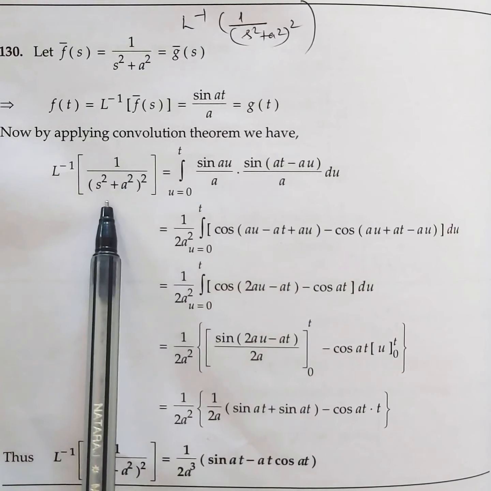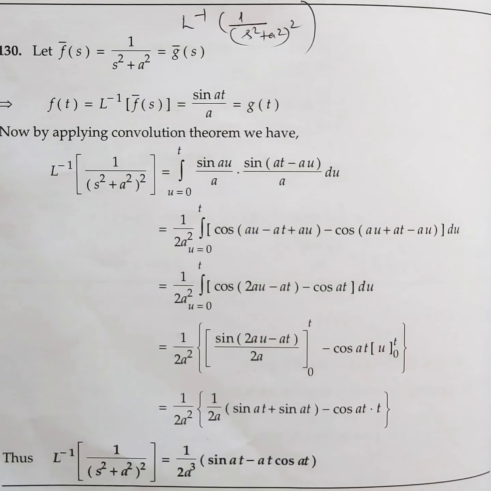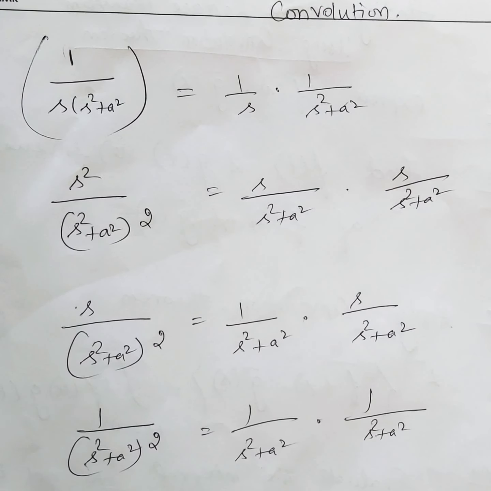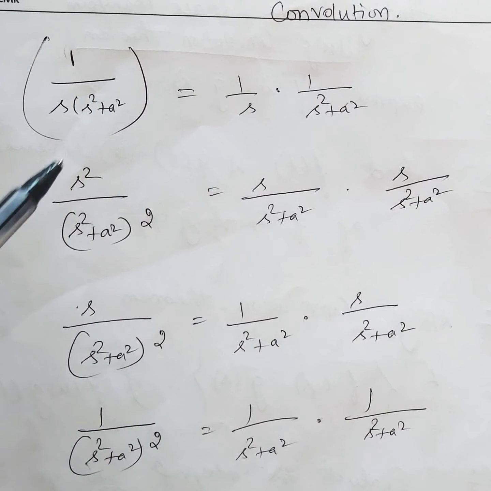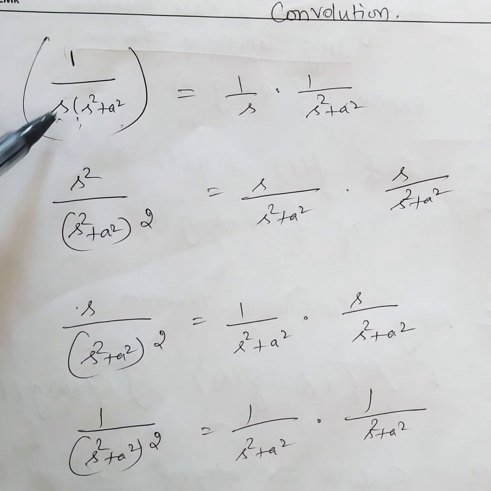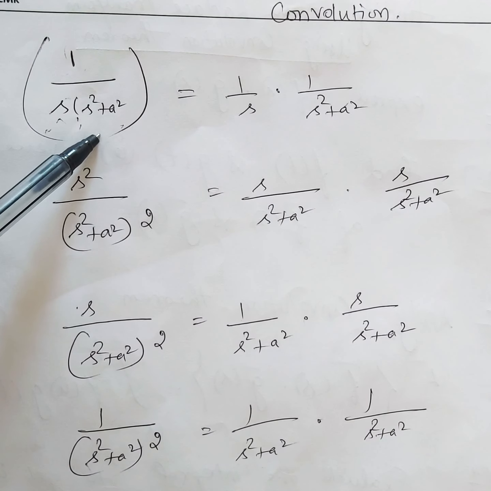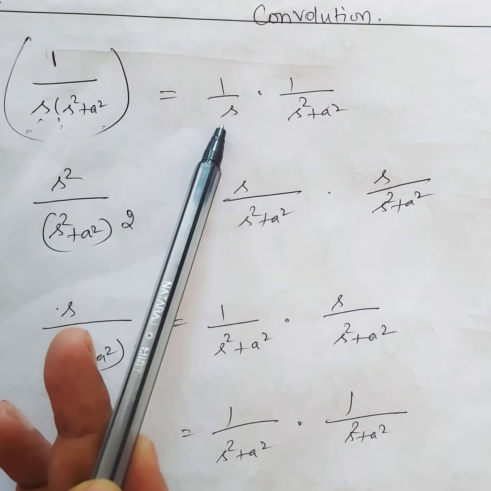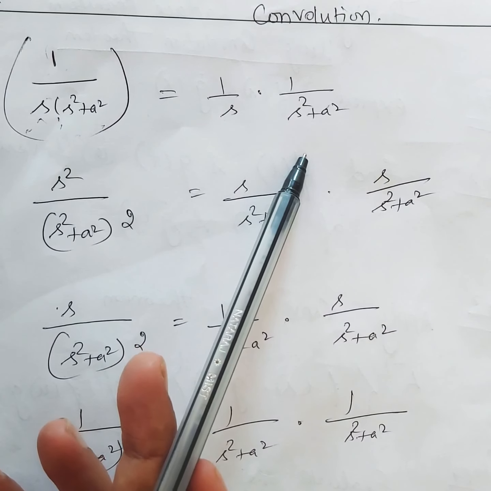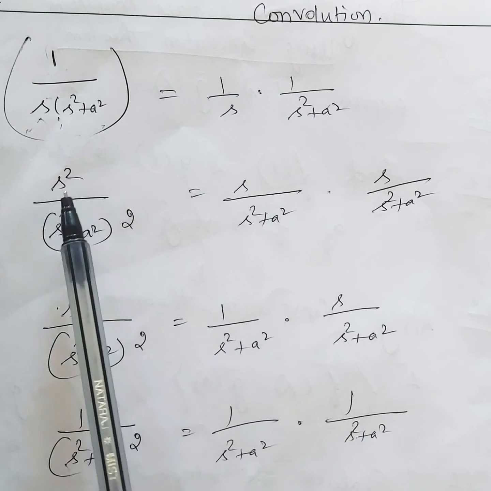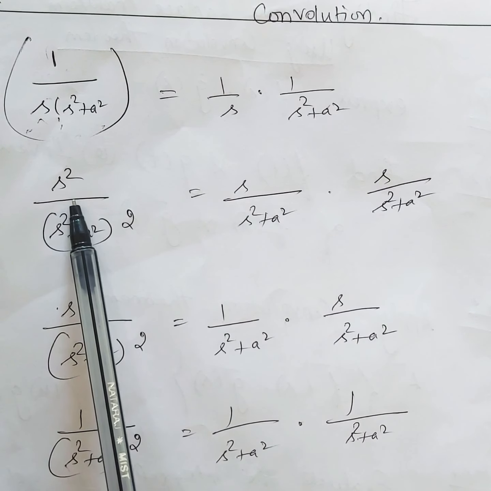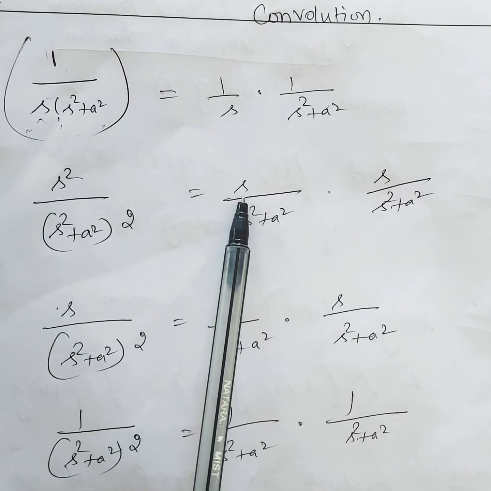So we are finding the inverse of this by using the convolution theorem, that is it. Now, we can see many problems, but before that I want you to think about how we can split it into two functions. I have written many examples: 1 by s into (s square plus a square). I know the formula for 1 by s, and I know the formula for 1 by s square plus a square. Then how can we split? 1 by s into 1 by s square plus a square. This is my first function f bar of s, this is my second function g bar of s, over. See this problem: s square by (s square plus a square) the whole square. Numerator s square is there, but in both cos formulas I want only s in the numerator.